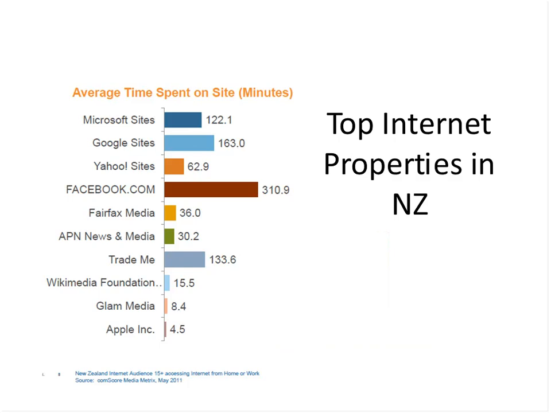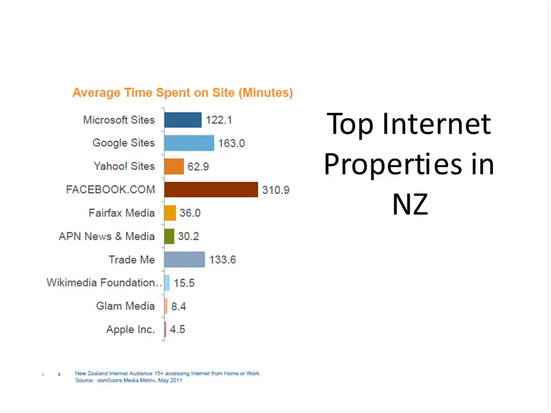Another great way to look at the top internet properties is to look more at the average time spent online. Why this gets interesting is that you can see there that Facebook has a huge amount of time spent online, which really gives them the opportunity to sell a lot more ad impressions and clicks. So in terms of the top impressions and clicks, display advertising space available for sale, Facebook is definitely at the top of the list in this case.